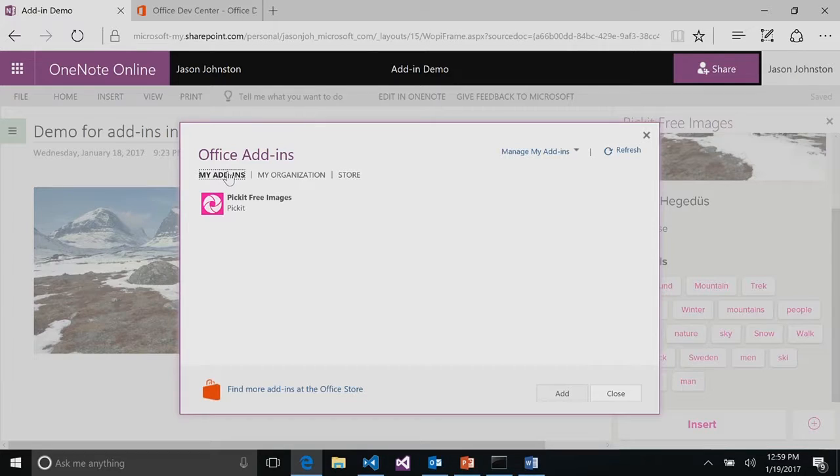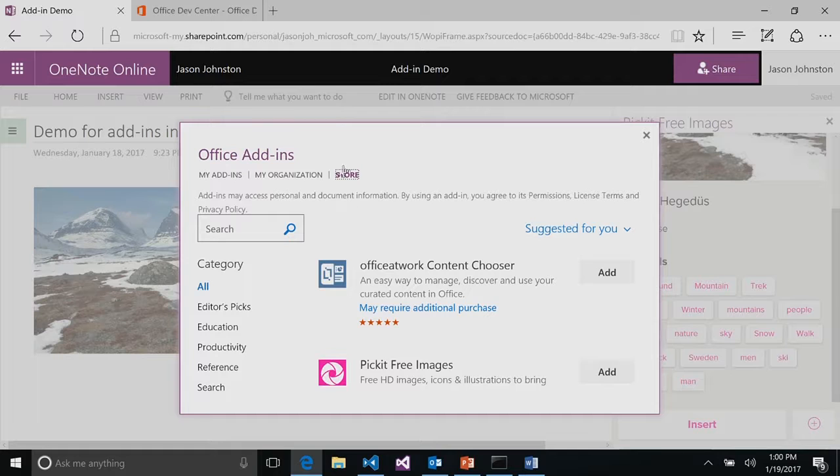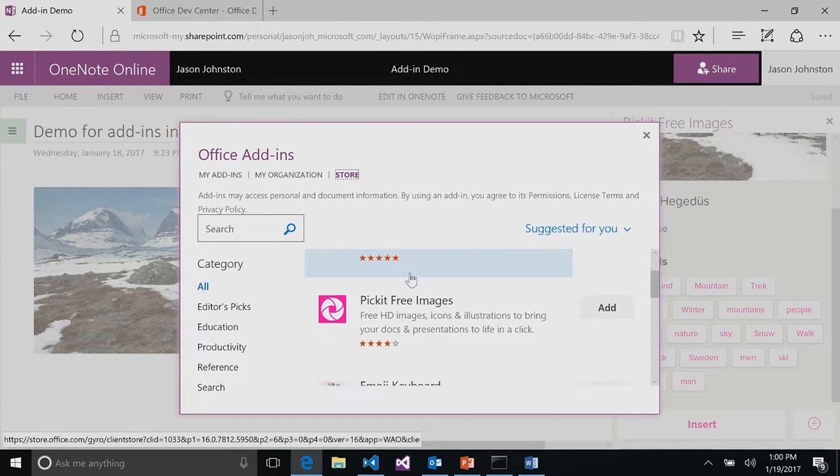I can go to my add-ins and see the add-ins that my user account has installed. Okay? And then if my organization has set up an organization repository, you would find it here. But as you can see, my admin has not set anything like that up. So quickly, let's look at how we install an add-in.